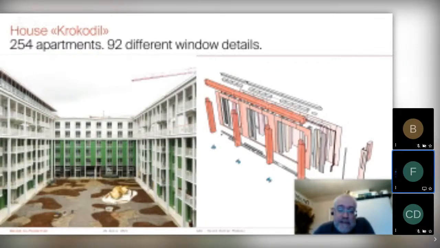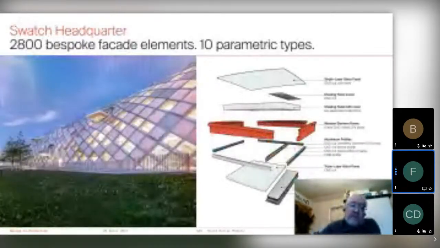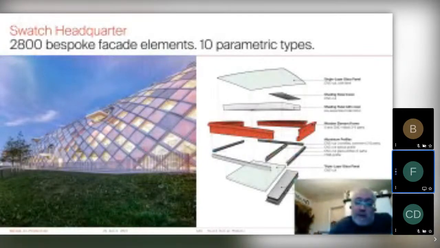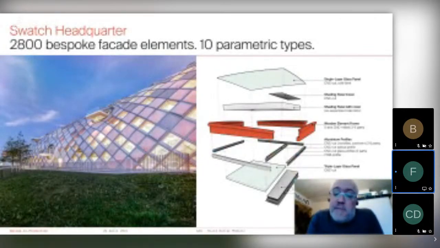On the other hand, we had the Swatch headquarters. We had about 2,800 bespoke facade elements, and we only had 10 parametric types. So we had to solve it once. On the right-hand side, you see